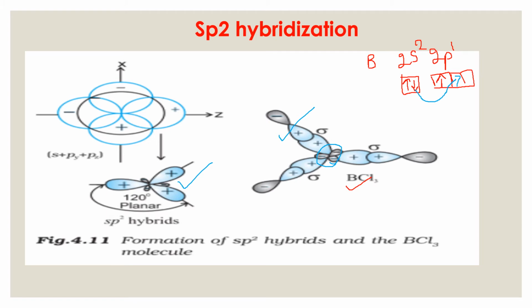This is only for sp2 hybridized orbitals of boron, and then they are overlapping with the p orbitals of chlorine. So in this, we are using 1s and 2p to show the bonding. So this becomes sp2 hybridized. And whenever it is 1s and 2p, total 3, whenever you have to arrange 3 electron pairs around the central atom, it has to be trigonal planar. So whenever it is sp2 hybridized, it has to be trigonal planar.